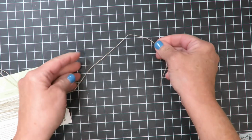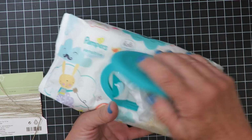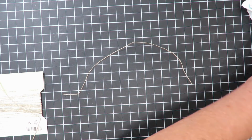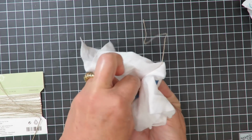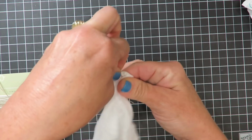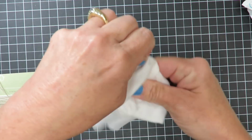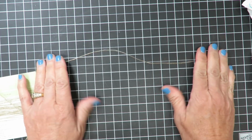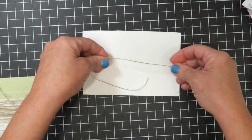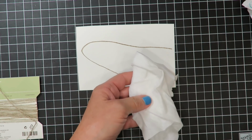I just cut a little bit of that linen thread, and you are going to use a baby wipe. So I'm going to go ahead and pull one of those out, and I'm going to fold it in half, and you are going to run the linen thread through the baby wipe. By getting it just a little bit damp from the wipe, you're able to actually straighten out the thread. Look at that. Isn't that fantastic? Now I don't have to worry about those kinks on my project anymore, and it was resolved really simple with